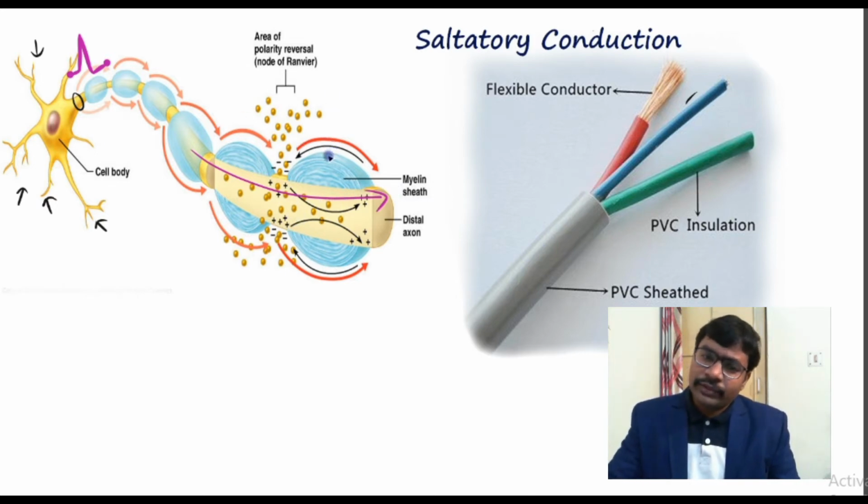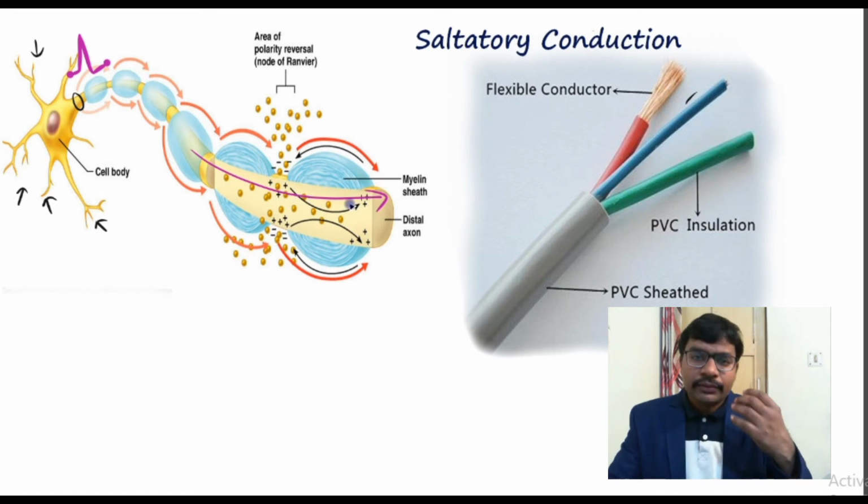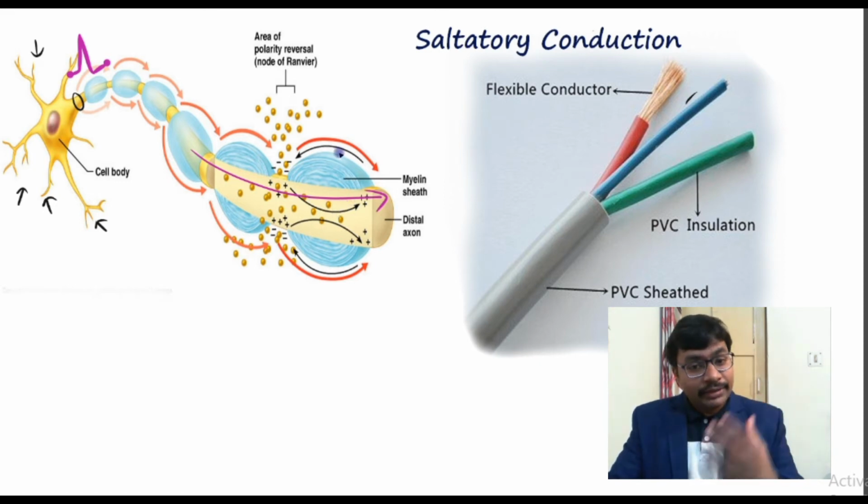When you look at the peripheral neuron, we have a number of nodes and these myelin sheaths. These sheaths are formed by Schwann cells in the peripheral neurons. In central neurons we have oligodendrocytes, and in peripheral neurons we have Schwann cells. These two varieties of cells are scaffolding cells, or glial cells: Schwann cells and oligodendrocytes.